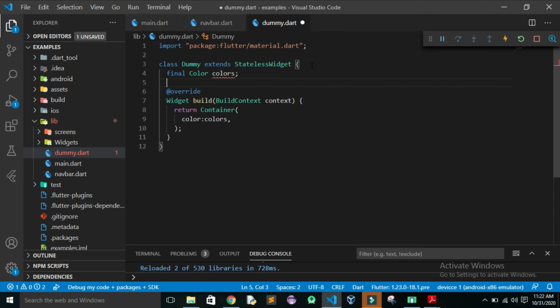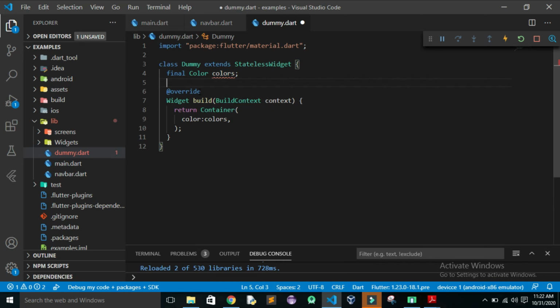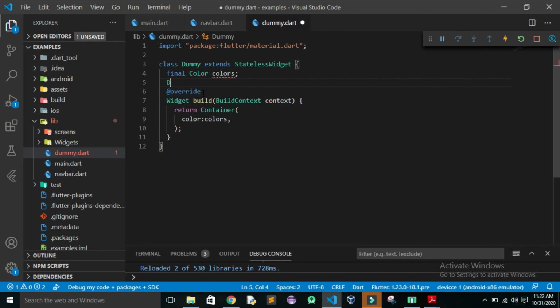And since we have declared a variable, we also need a way to get the value of this variable. So for that we can just use the constructor. So I'll use it and I'll provide this dot colors. And now let me save it.